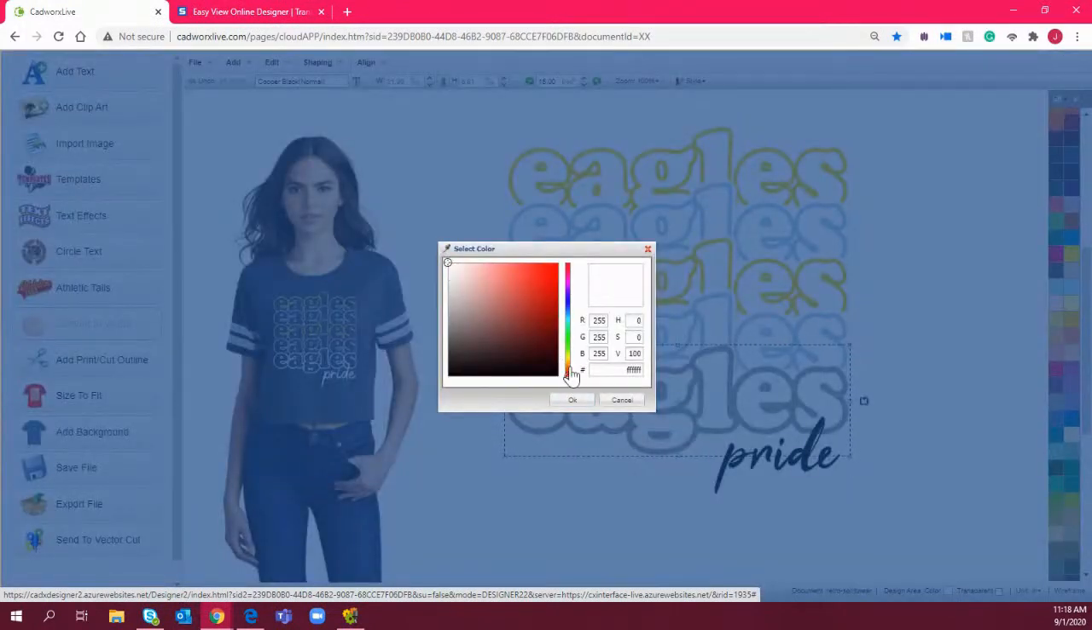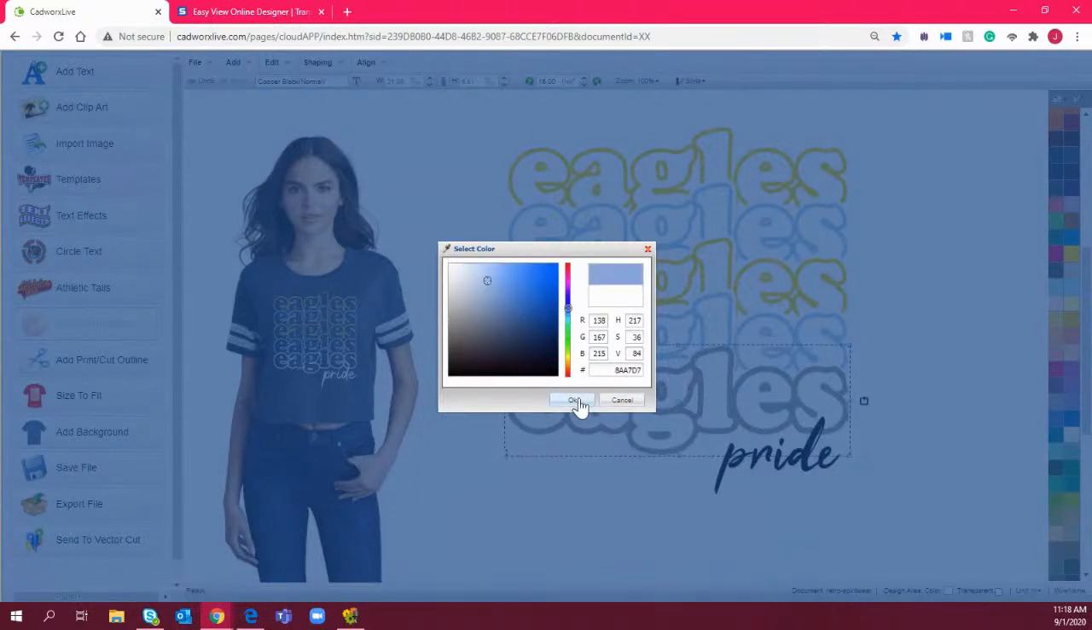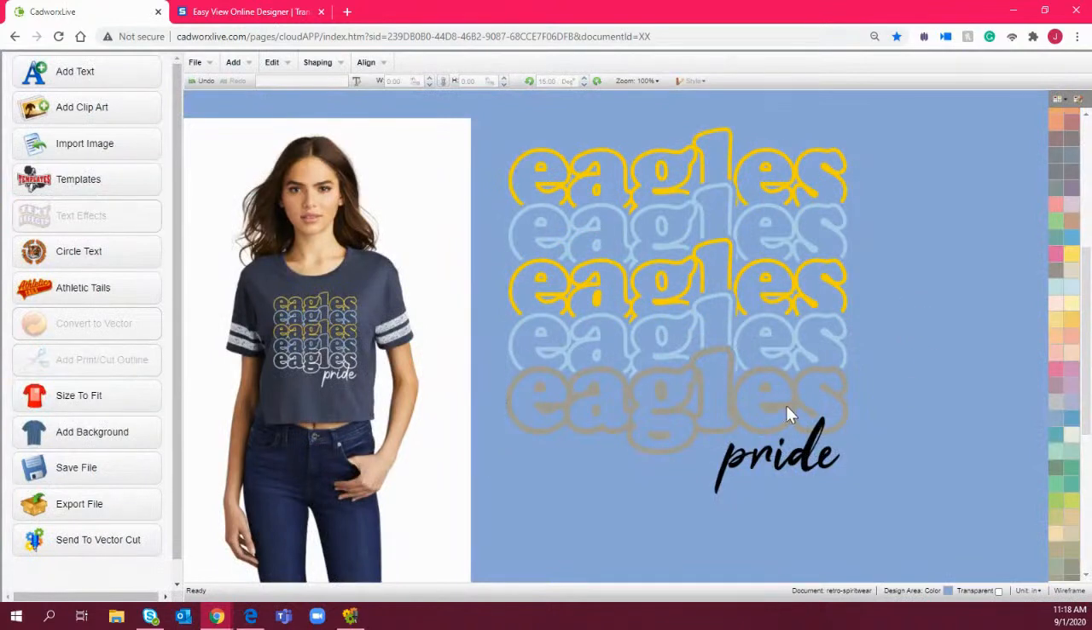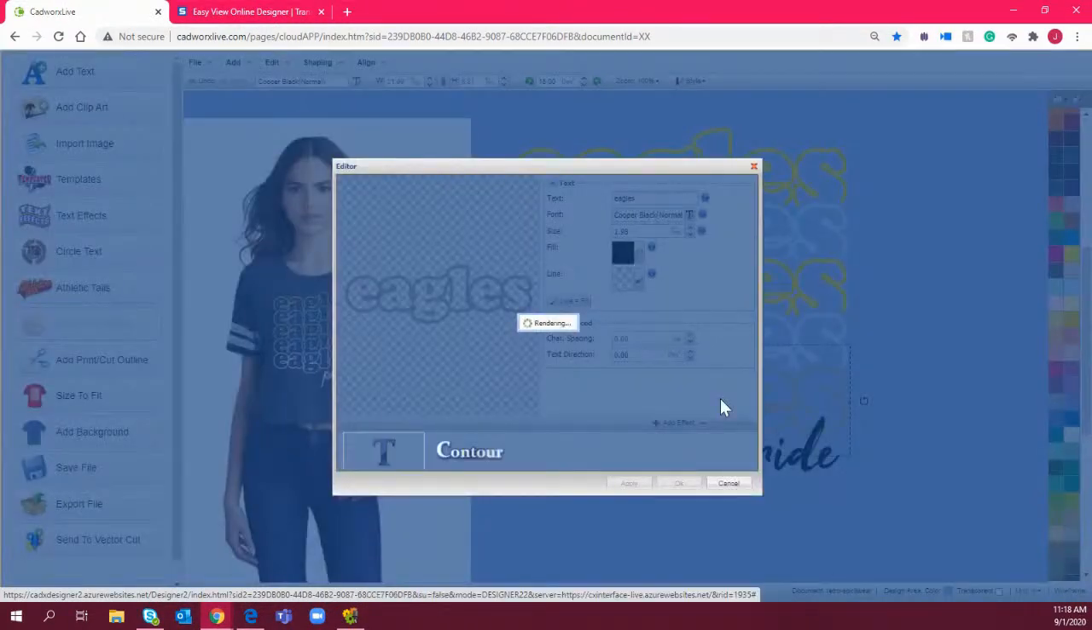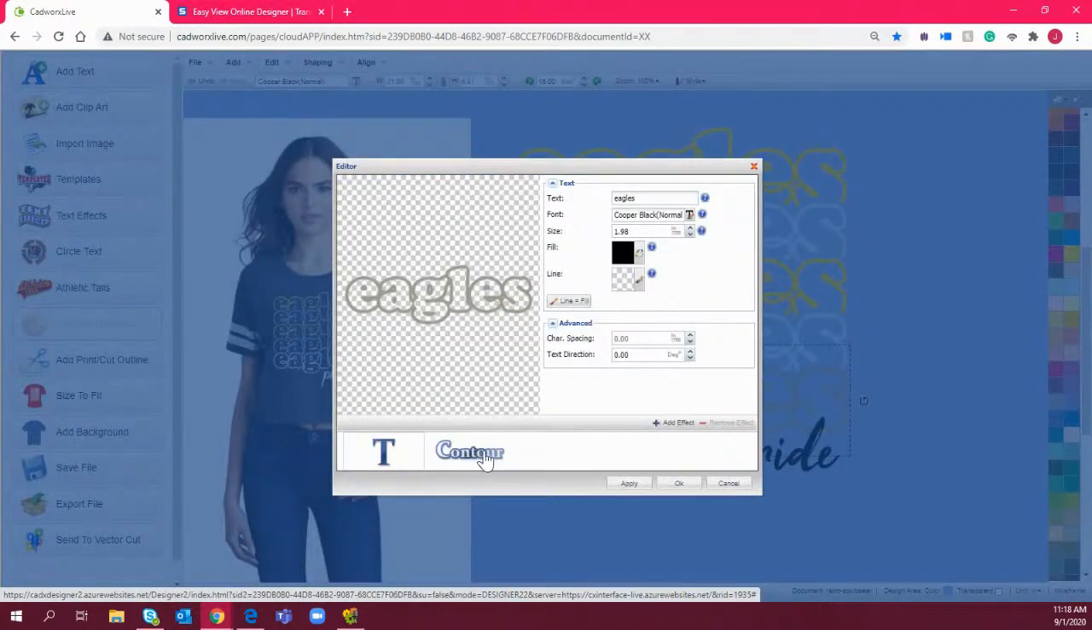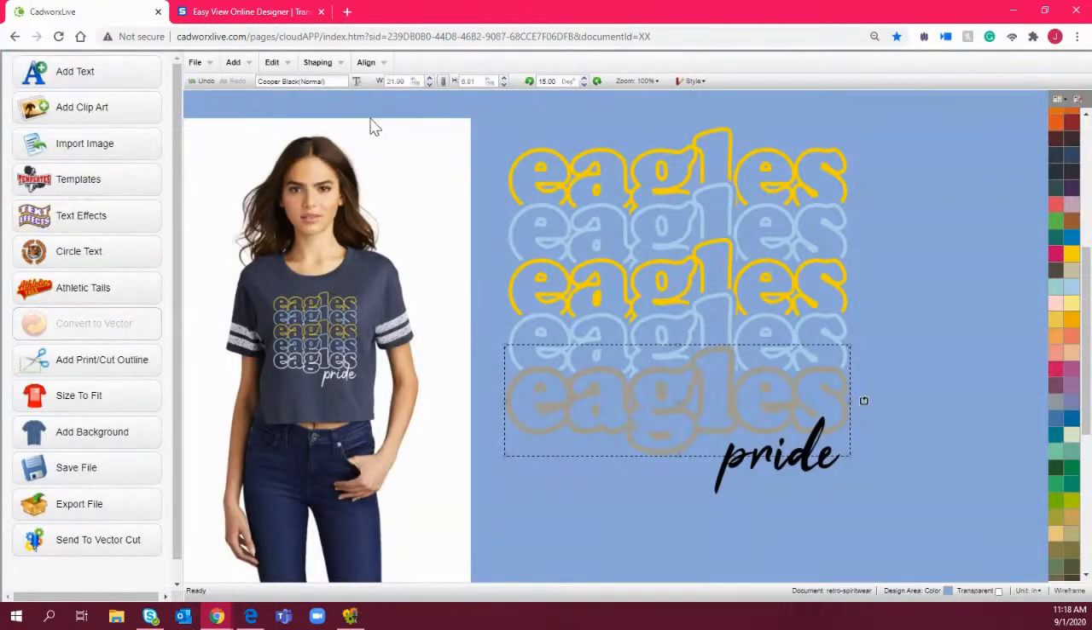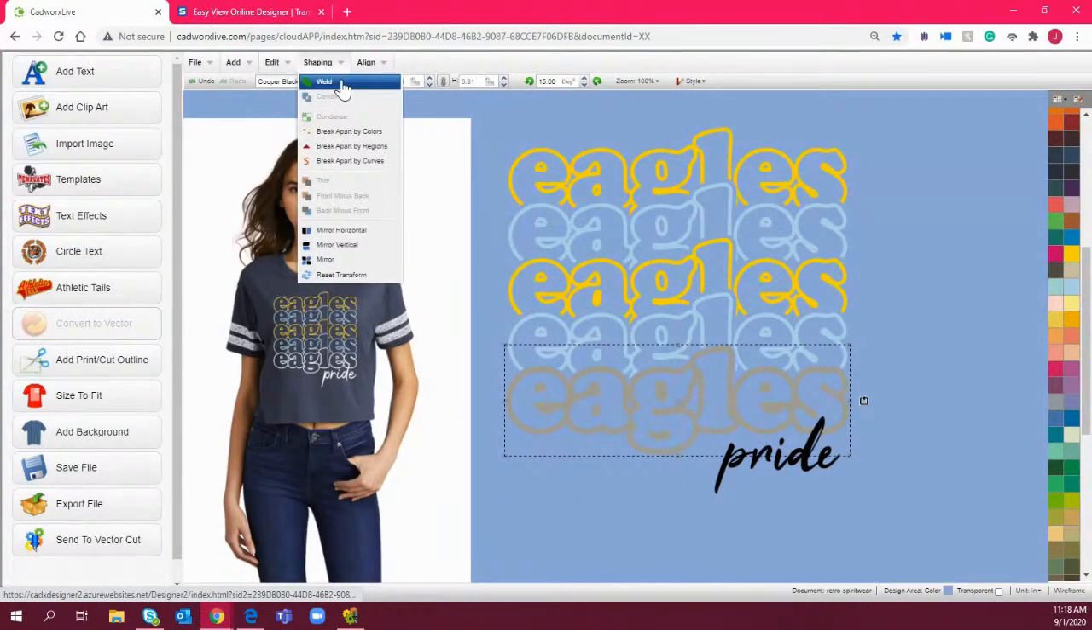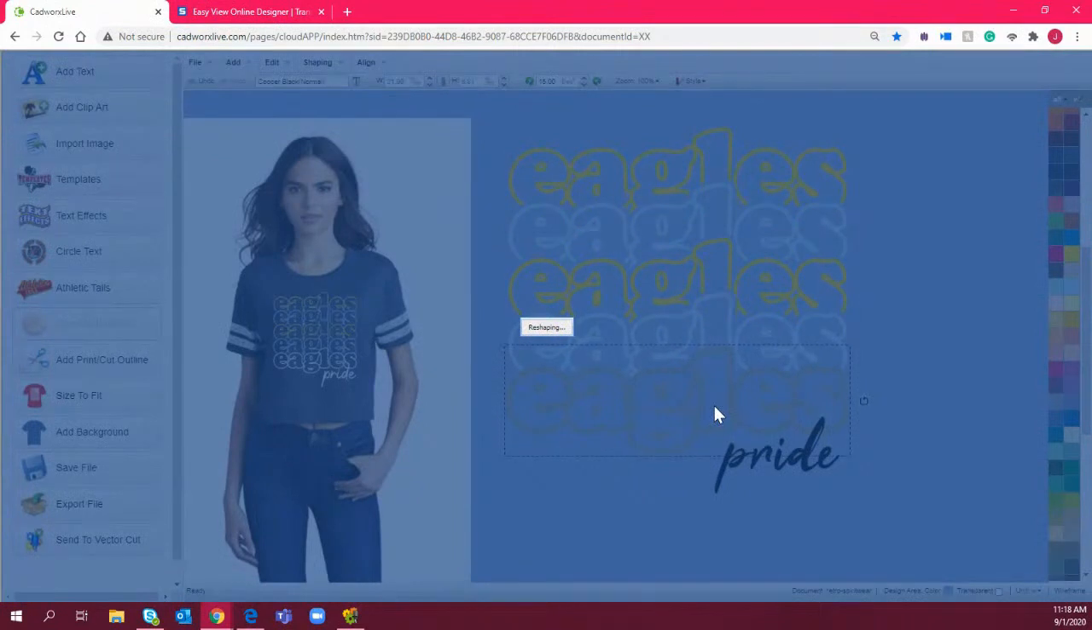And or you can just keep it as is. And let me change my color here. And then what you want to do is make sure, since we have a contour here, you are going to shaping weld. And then you have the ability to change this color from the color that's given to the contour to something